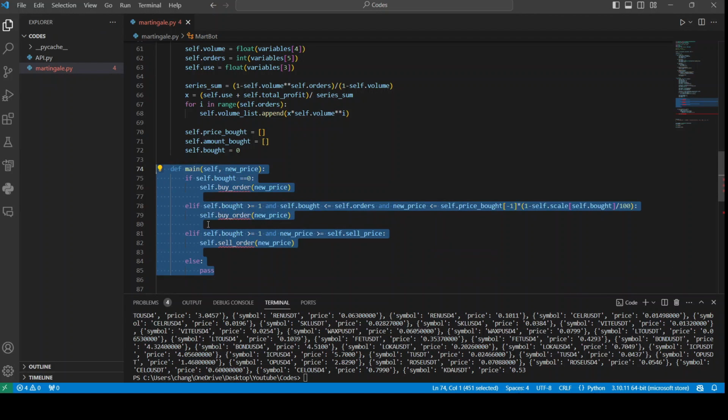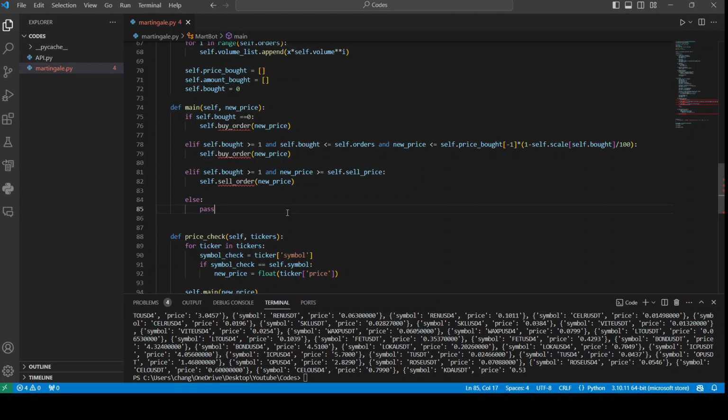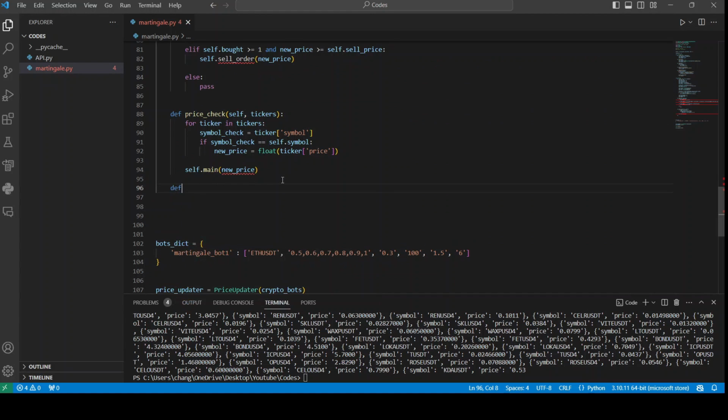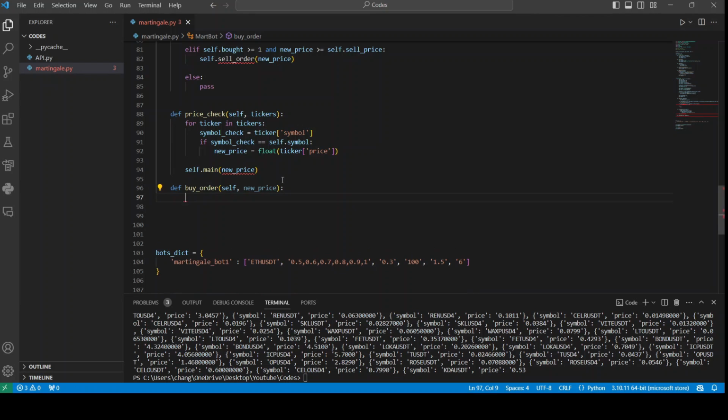So after we have all of this in place, we need to make sure that we actually create the buy and sell order functions. So let's create a buy order. I cannot type. Buy order of self. To create this buy order, I actually went over this in my last episode where I showed you guys how to create a buy order, but I'll do it once again here. So buy order is equal to